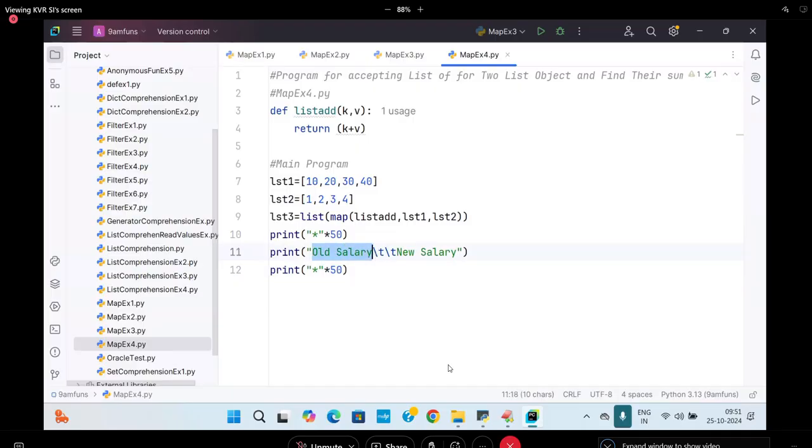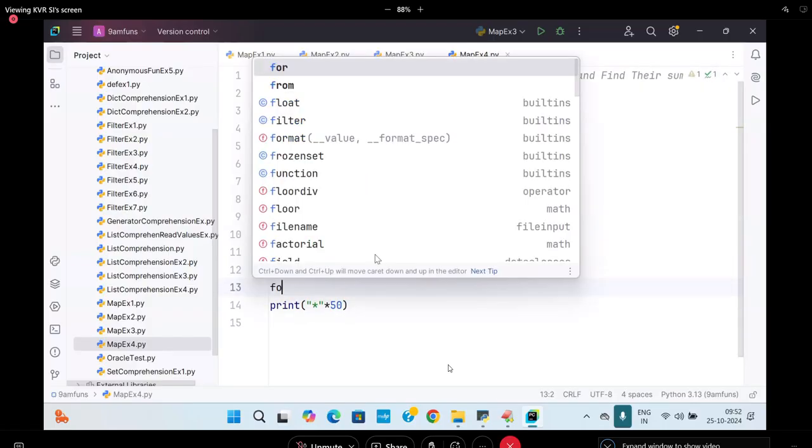What is this now? List 1. What is this again? List 2. Backslash t, backslash t. List 3. There I am going to write it. Under this I am going to talk about it. So how do I write this now? Come on. For